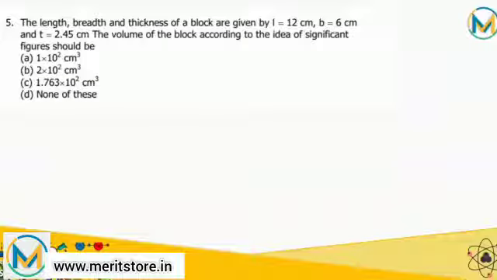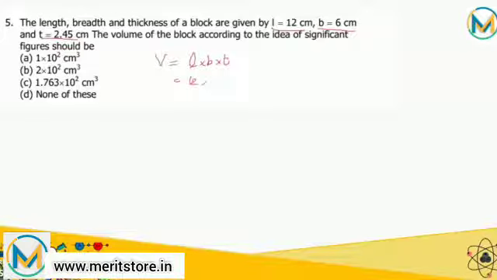Moving towards the next question. The length, breadth and thickness of a block are given: length is 12 centimeter, breadth is 6 centimeter and thickness is 2.45 centimeter. The volume of the block according to the idea of significant figures should be. First of all, the volume is given as length into breadth into thickness, that is 12 into 6 into 2.45, and it comes out to be